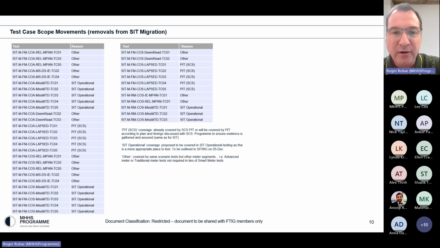These are brand new scenarios that were not originally part of their PIT scope, but quite kindly they've agreed to take them into scope. We've extended their PIT timelines, and we're working together with them. As well, I should note that anytime we've taken these from a SIT test phase and pushed them into PIT, we're holding them to the same evidence standard that we would expect in SIT. I know Anna's raised her hand. So we will be going over the test evidence, especially for these test cases, to make sure that we can evidence that for code bodies, for qualification, and for governance.